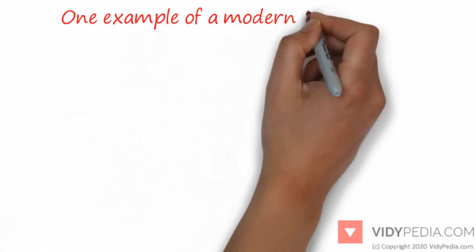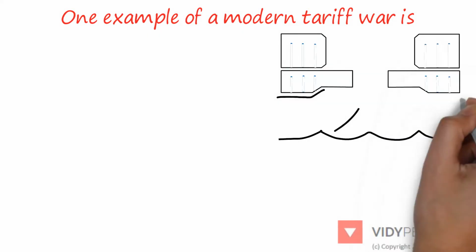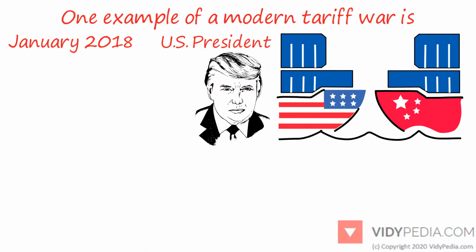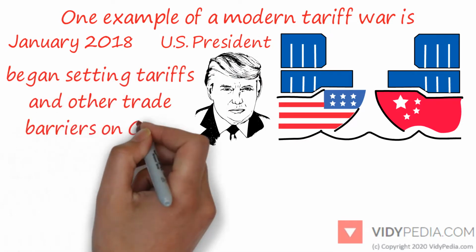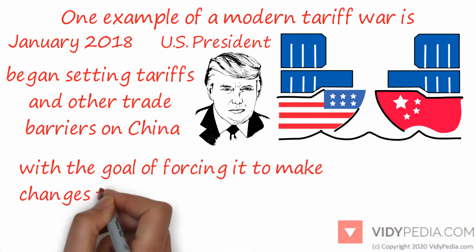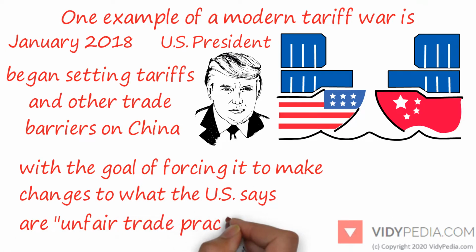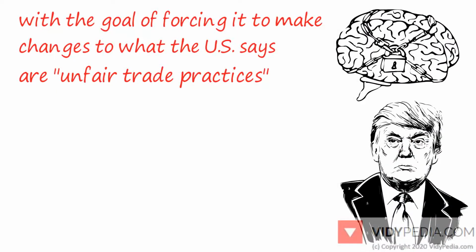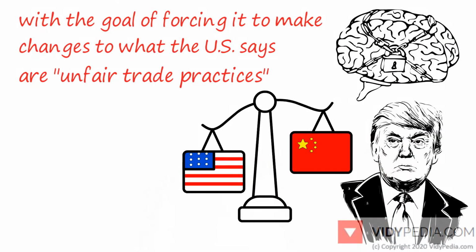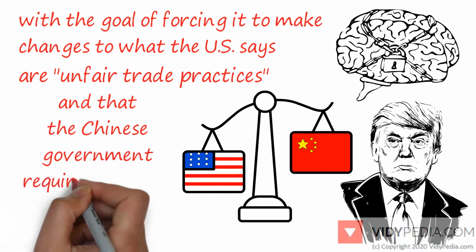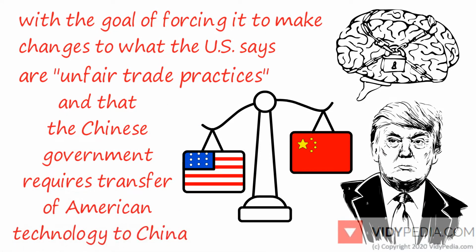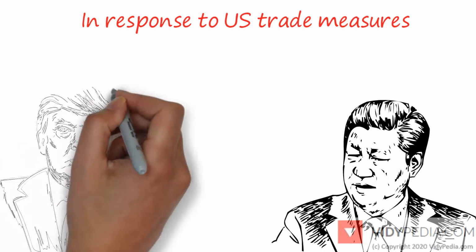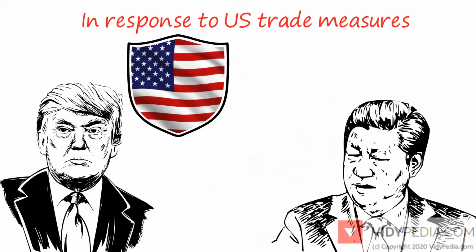One example of a modern tariff war is the ongoing China-United States trade war. In January 2018, US President Donald Trump began setting tariffs and other trade barriers on China, with the goal of forcing it to make changes to what the US says are unfair trade practices and intellectual property theft. The Trump administration stated that these practices may contribute to the US-China trade deficit, and that the Chinese government requires transfer of American technology to China. In response to US trade measures, the Chinese government accused the Trump administration of engaging in nationalist protectionism and took